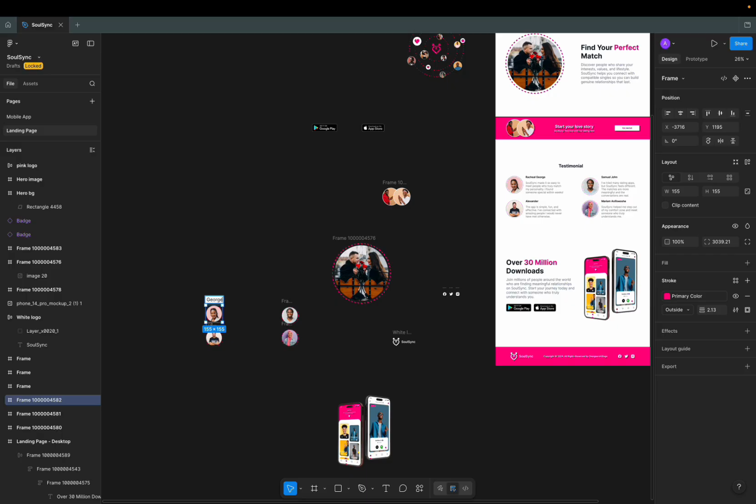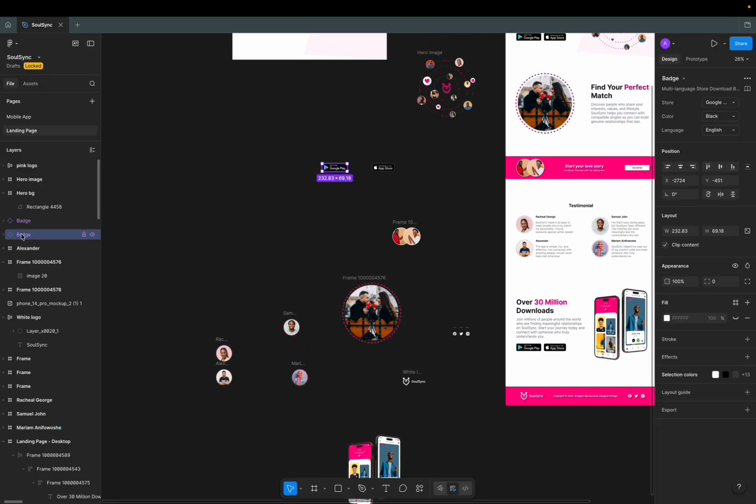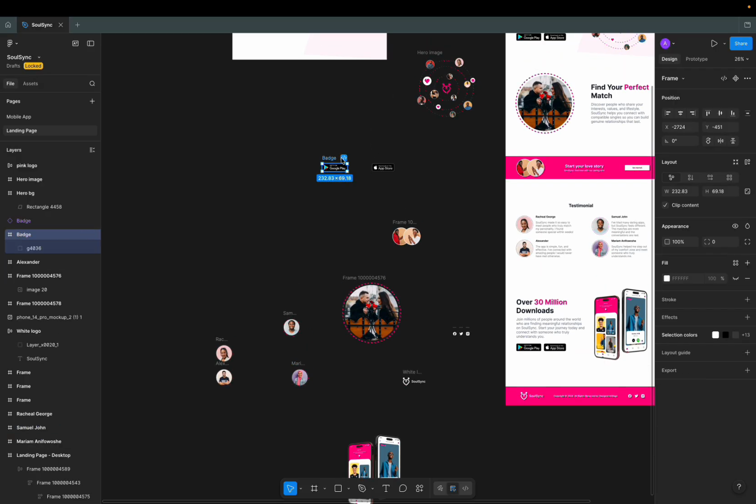Then there is John, this is Alex, Santa Tickets, this is Miriam, and she. This I just name it as